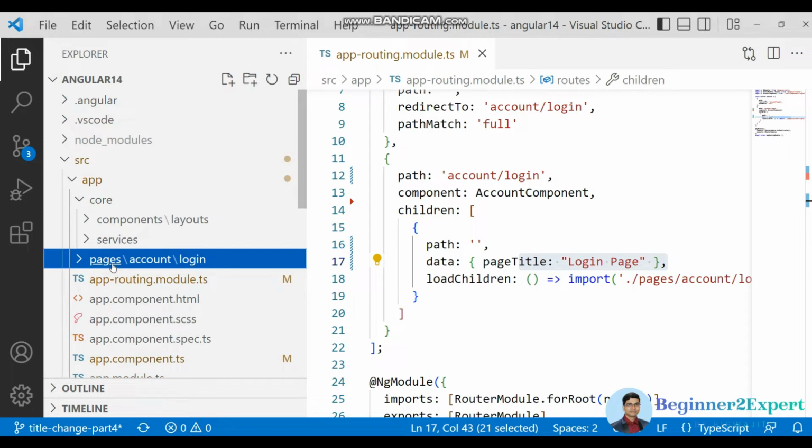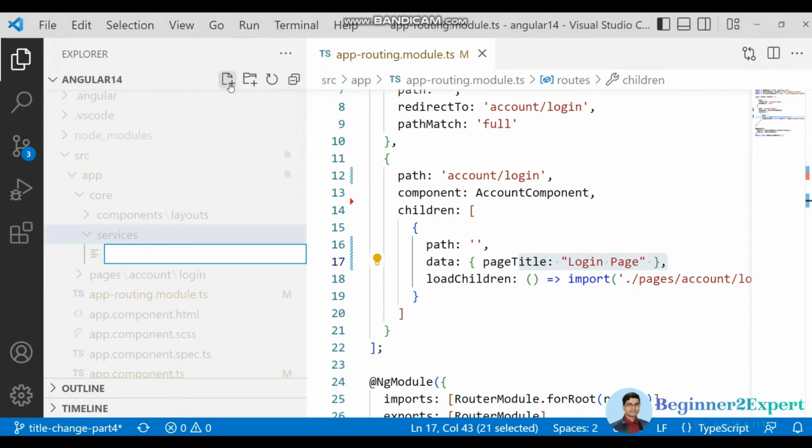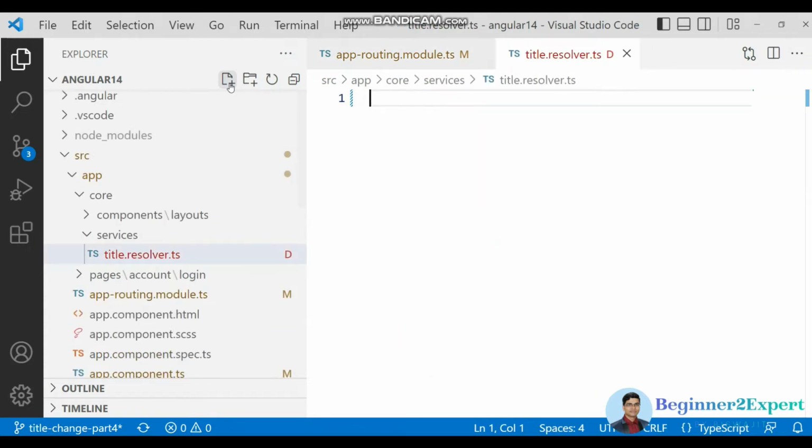The classes which will have a single instance created during the page load, those classes we can keep inside the core module, or you can say core folder. In the same way I am going to create one service here, that is called title-resolver.service.ts,